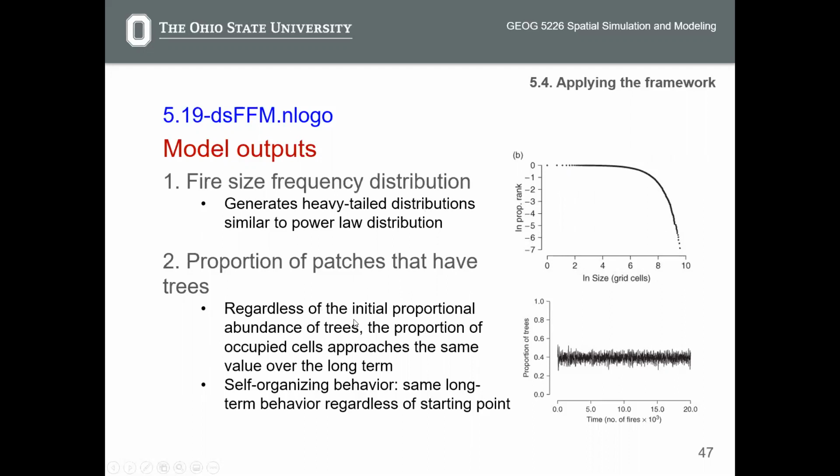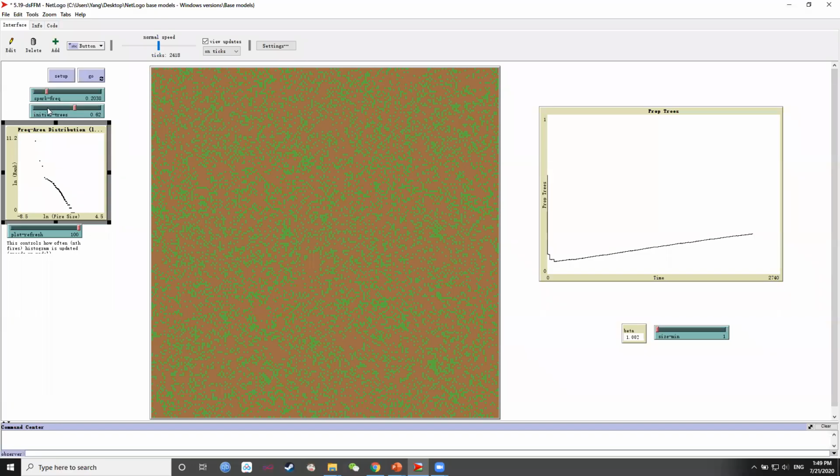The second one is even more interesting. Regardless of the initial abundance of trees, or in other words, regardless of the initial p-value, the proportion of occupied cells, or the proportion of trees, approaches the same value over the long term. This is something we did not expect. Same long-term behavior regardless of starting point. It means no matter whether your initial tree proportion is pretty low or pretty high, of course 0 and 1 are not options,